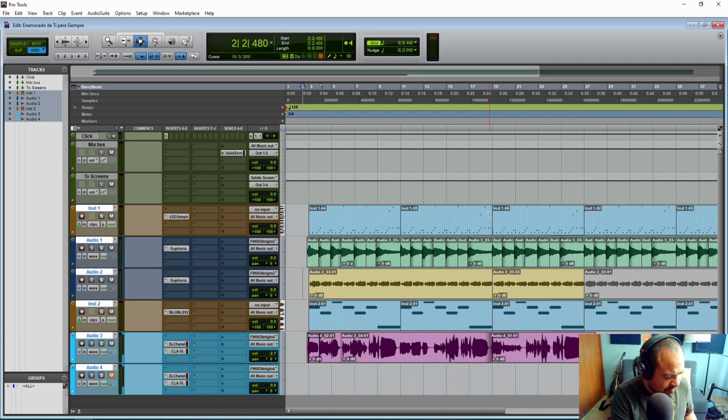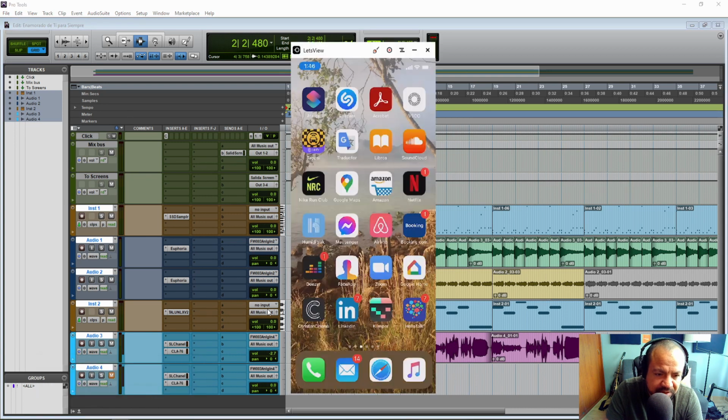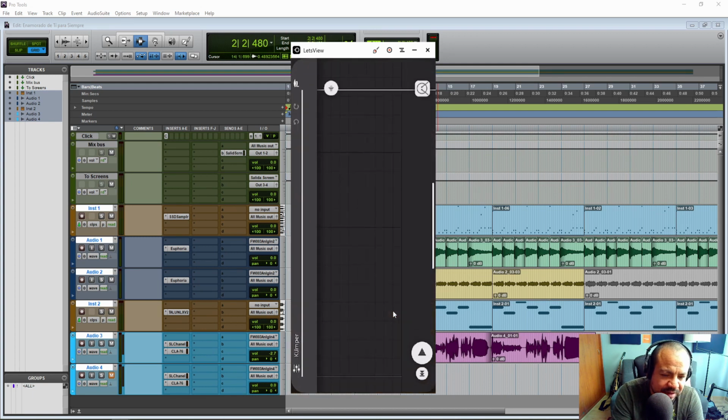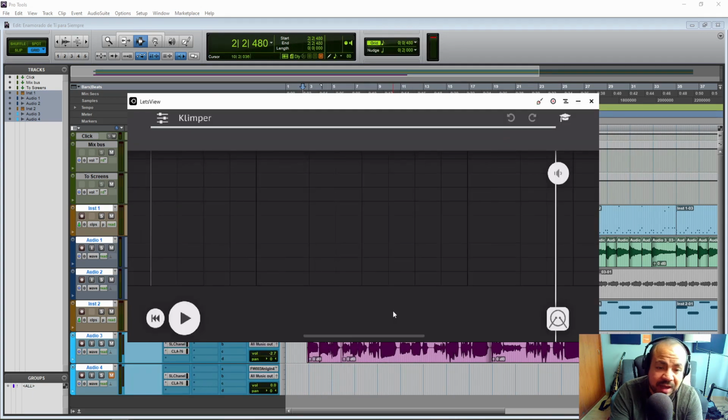But for now, I wanted to show you, because as always, I started this process from a voice memo, but this time I did something a little bit different. I'm going to show you the screen of my cell phone. I'm using a different app, which is down here. It is called Klimper. And the truth is that I've been trying the app. I tried it, but unfortunately, this is not going to replace my current process with the voice memos. And the reason is that,